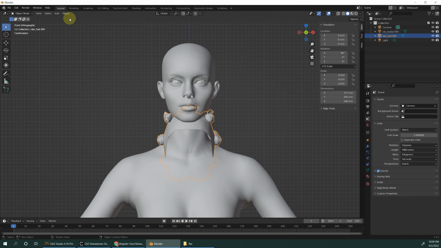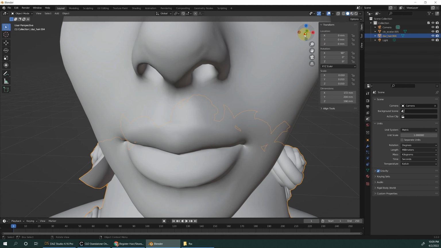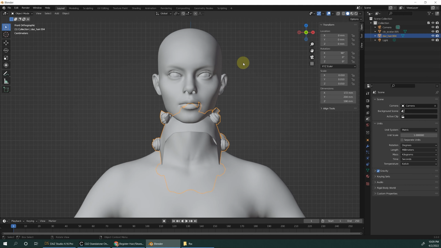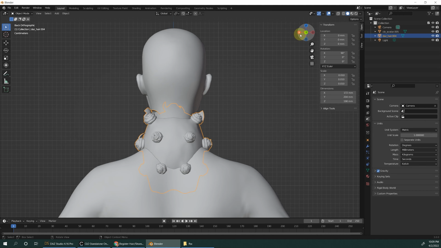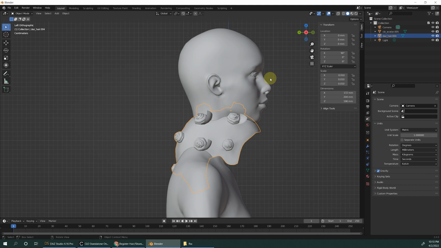Select the hair first. Make sure all of this is off; don't turn it on. And click the numpad Y button, and then you will see the perfect front view. That will help you adjust your hair more easily. When I adjust the hair, I always use front and back, and then left and right, and keep checking if the hair is perfectly on her head.